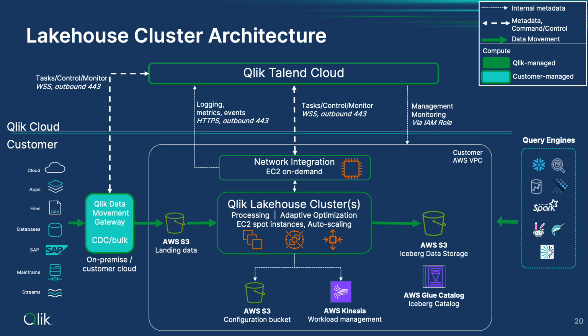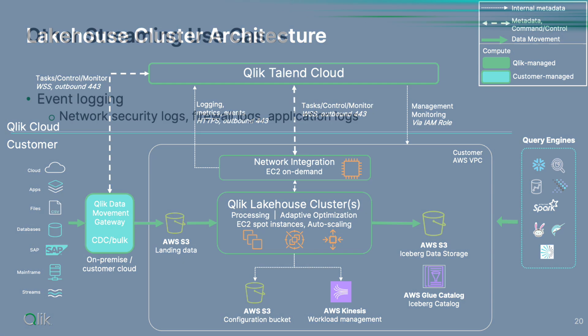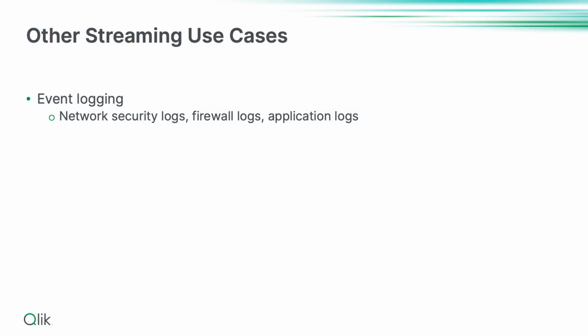Good question. We're talking about an IoT streaming use case here, but most of your organizations out there are implementing or thinking about real-time streaming use cases. Two of the more common ones that I've seen are one, just generic event logging. These could be network security logs, firewall logs, right? Who's doing what inside of our network? Generating the logs is relatively easy. Processing and analyzing the logs can be very difficult.